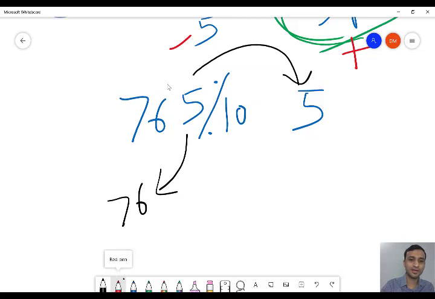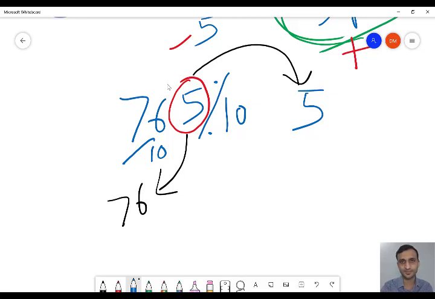That is nothing but this digit. If you want to extract the first digit from the right hand side, then if you do modulo 10, you will get the first digit. And if you do only division by 10, then you will get 76.